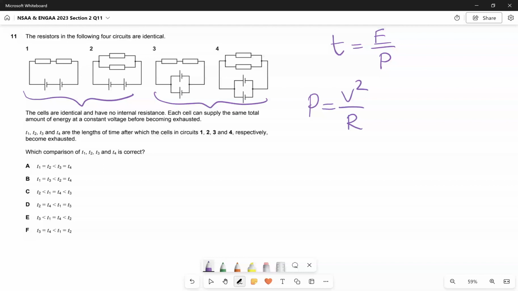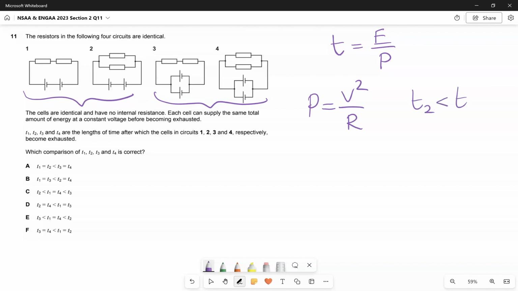So circuit 2 has resistors in parallel, and when resistors add in parallel, that lowers the overall resistance. So it goes from R individually to 1 over R plus 1 over R is 2 over R, flip that, becomes R over 2. So you should just remember that when you add 2 resistors in parallel, it becomes R over 2 as the effective resistance. So circuit 2 will have a smaller resistance than circuit 1. Because it has a smaller resistance, it will have a larger power. And because it has a larger power, it will have a smaller time to exhaustion. So T2